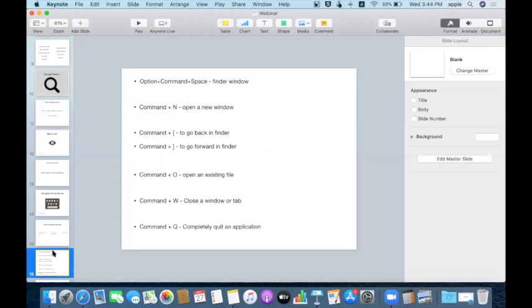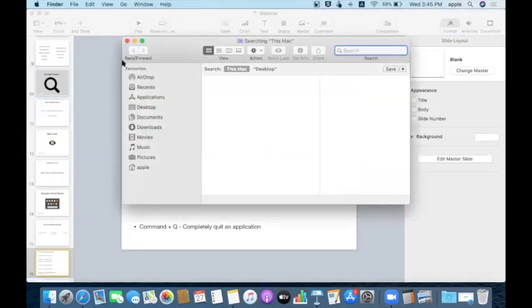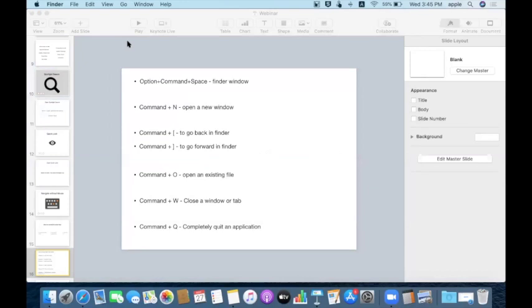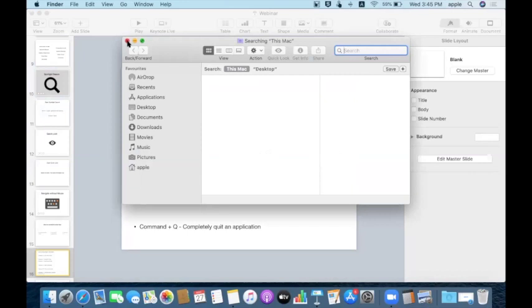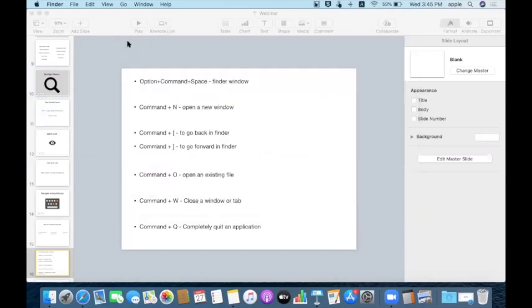So I was speaking about Finder, right? Every time I was going here and clicking that Finder, but instantly if you hit option, command, space, it will open your Finder. So to open your Finder instantly without clicking the Finder icon, you can press option, command, and space simultaneously, then it opens your Finder.